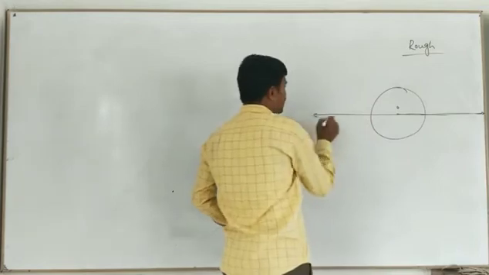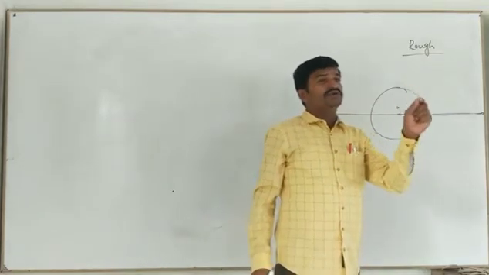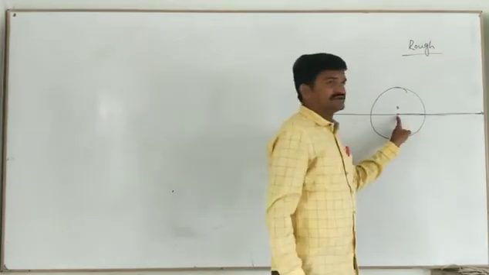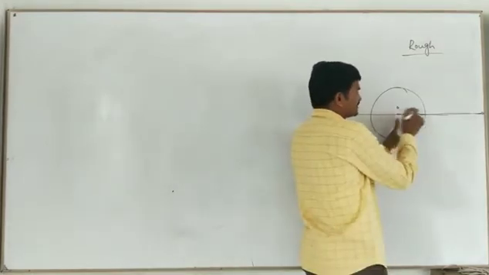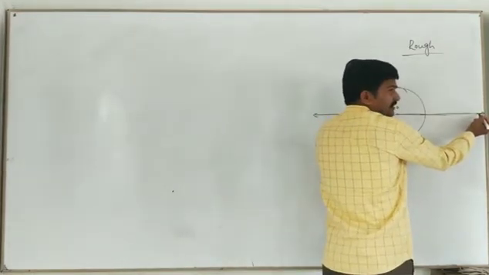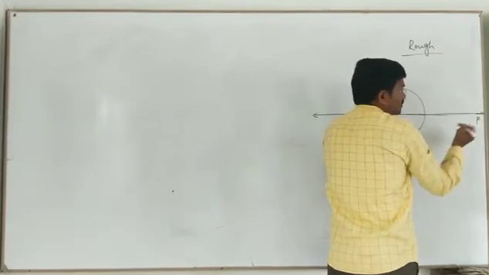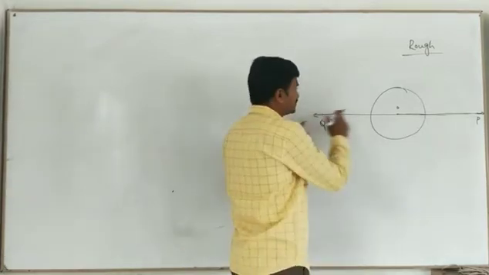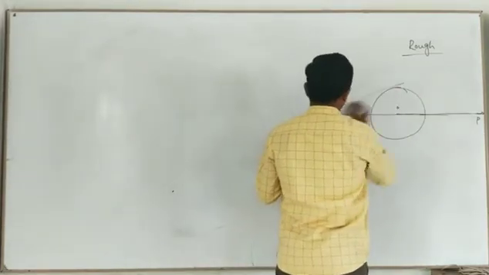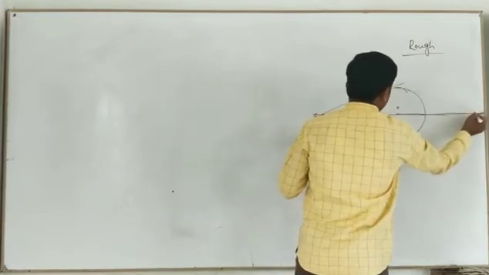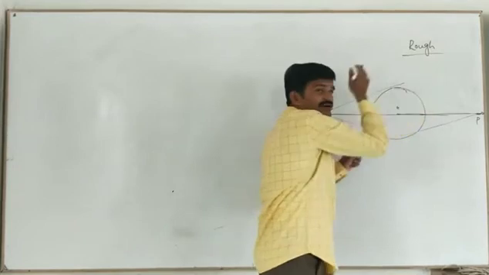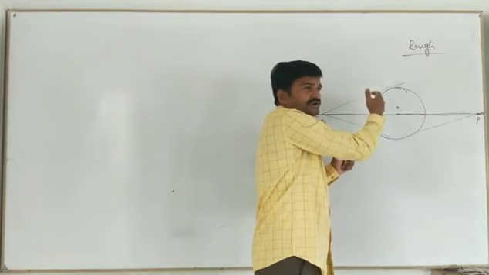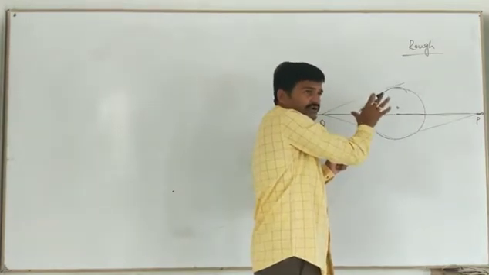And then he asked to mark 2 points P and Q which are 7 centimeters away from the center. From here 7 centimeters. By using the scale you can measure it and mark the point P, and here Q. From this P and Q you are asked to draw two tangents. But can we draw the tangents directly? Directly we can't, isn't it? So how can we? The same process.